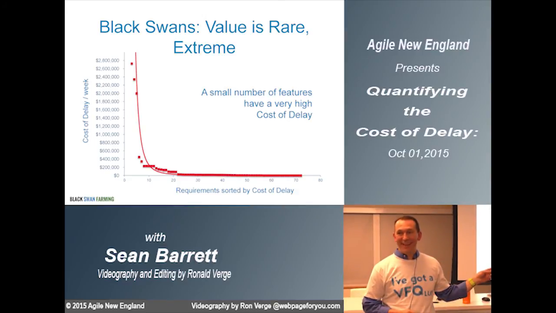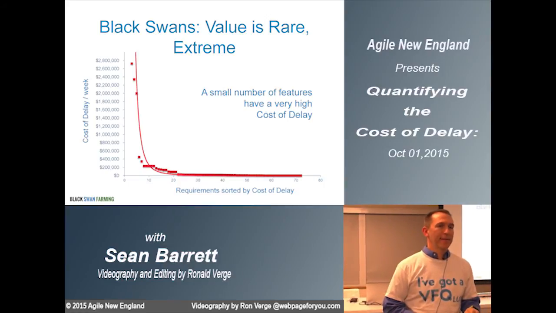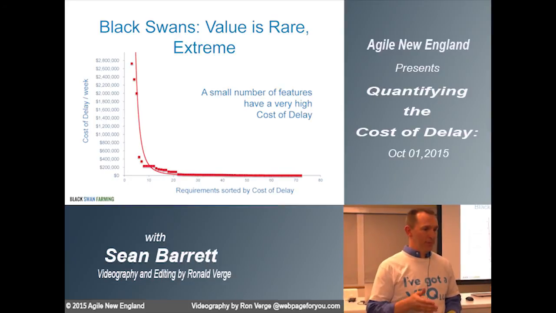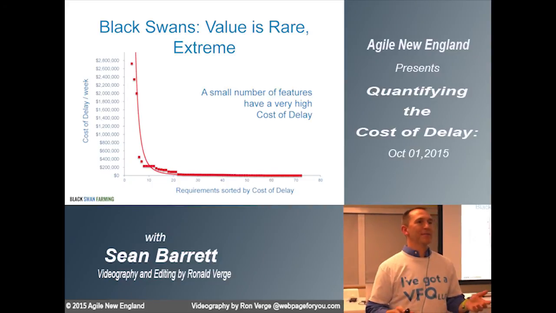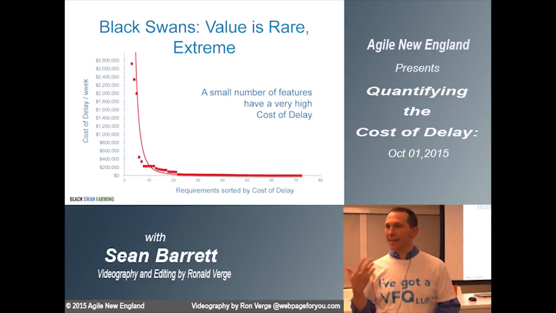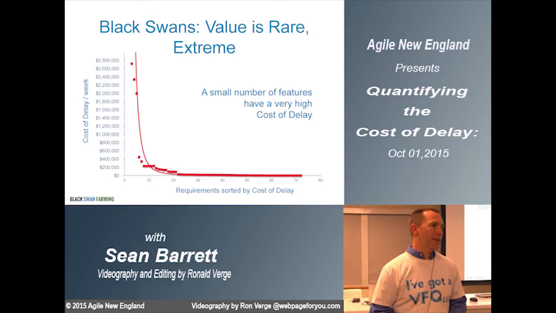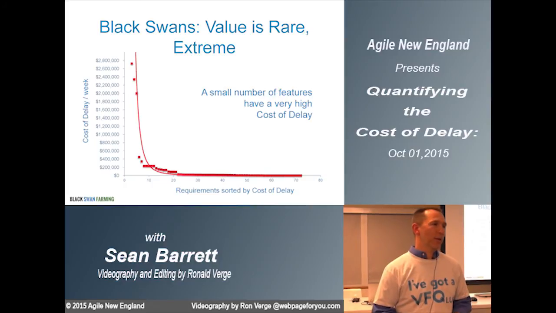It wasn't on the high end of that curve. Until we started to look at it, we were incentivized by whatever we were incentivized by. Your responsibility is to make sure this project gets out the door by December. Nobody even asked the question, is it worth doing? Somebody had an idea, they thought it was good, gut feel, go do this. And then when we actually put a number on it, we find out we're just wasting our time. And this is why quantifying the cost of delay is the one thing that you want to actually put numbers